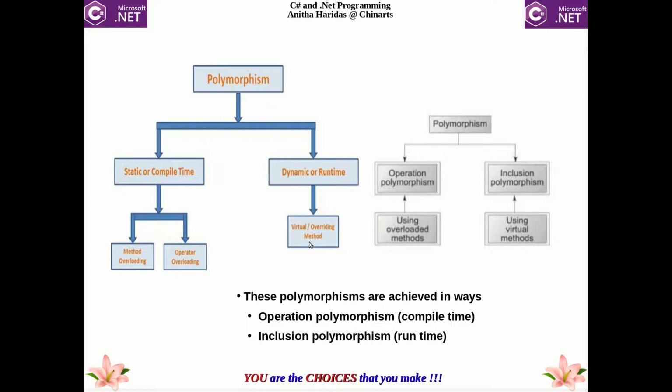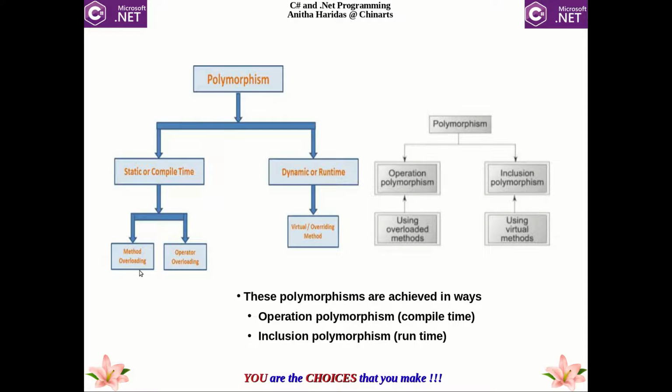So this is how polymorphism is implemented in any programming language. To implement static or compile time polymorphism, we use method overloading or operator overloading. To implement dynamic polymorphism, we use virtual or overriding methods.